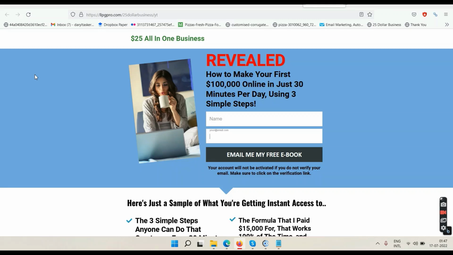Go and read the ebook if you want to join the system and take action, because you have to go and sell this system to others, because this system can make you up to $120 from one person, from one sale. Okay, so if you can bring in, let's say, 10 people into the system, those 10 people can make you up to $1,200 every single month. Okay, so this is a recurring system, and they will give you the proper training inside how to try free traffic or paid traffic. So you will have all the training inside too.